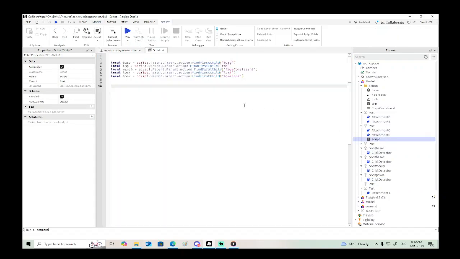Okay, so now what we're going to do is we're going to say local, oh no, we still need two more variables. Let's see, we need pivot base L, and then we need local pivot base R. And then we need two more for the top. Pivot